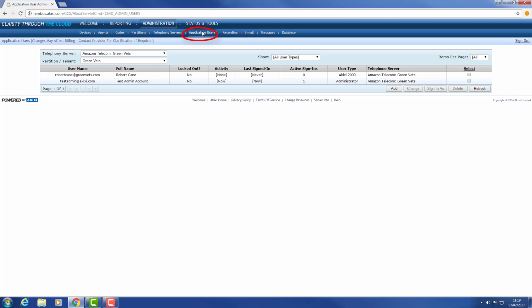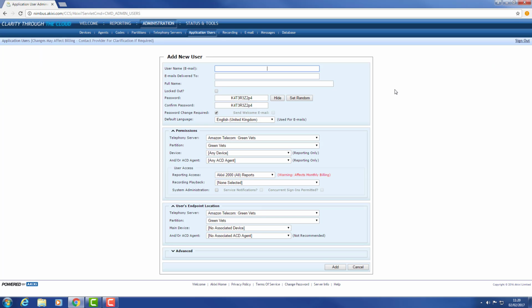click Application Users, and make sure you've selected the correct telephony server and partition here. Once that is selected, simply click Add. A pop-up window will appear. In the username, enter a valid username. We recommend that the format for this username is as follows: the end user company name at theresellercompanyname.com. For the purpose of this video, let's for example use greenvets